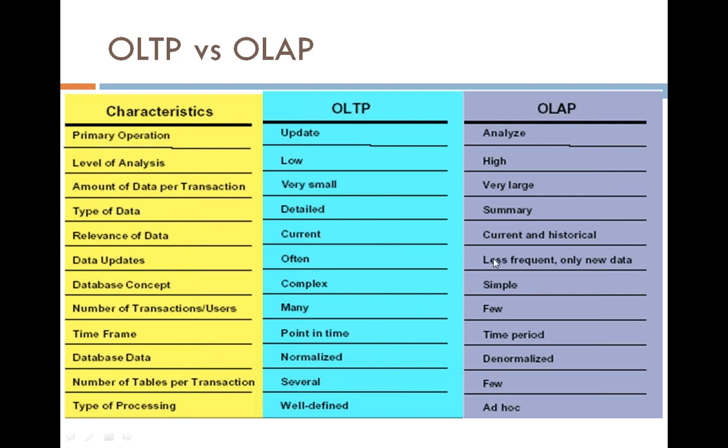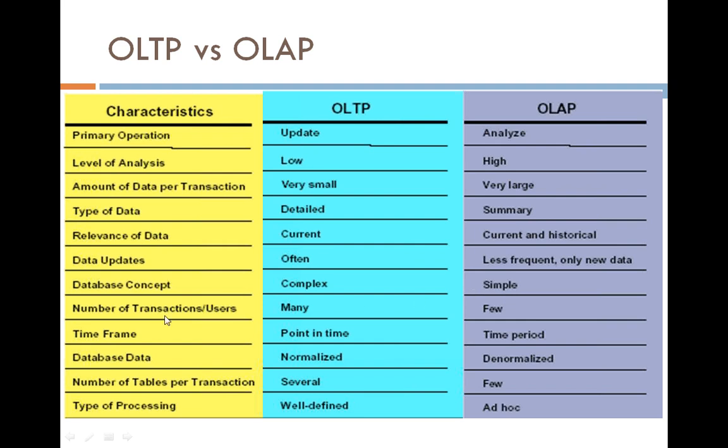And the database concept is complex over here, because lots of tables are involved and there are a lot of relationships. But the OLAP system is simple, because we are going to load only relevant data and create structures on our own, only the particular structures we want for reporting. We are not going to mess things up by loading all of the respective tables from the OLTP into the OLAP. No. Whatever is meant for reporting, only those particular tables, and we update only that particular data, not all of the information. That is the reason the concept is simple here.